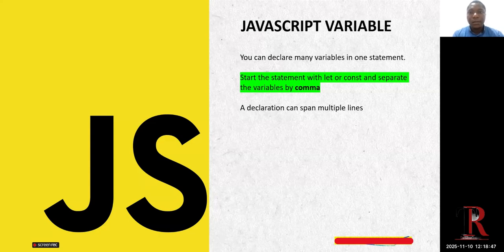Hello and welcome to another lesson on JavaScript variables. You've seen how we can declare variables using let and const, which are the recommended ways of declaring variables in JavaScript. But one thing I want us to look at in this lesson is how we can declare many variables